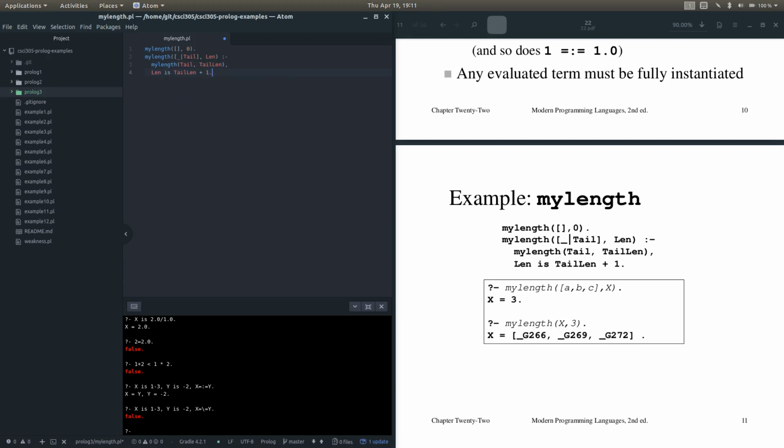So what this is saying is basically that we are going to recursively call my length, updating tail len, and then we're going to say len is tail len plus 1. Pretty simple, right? It's just going to walk all the way along the list, updating the length as it goes. And so if we save that and go ahead and run it, and we execute my length on A, B, C, X as we see in the example here,